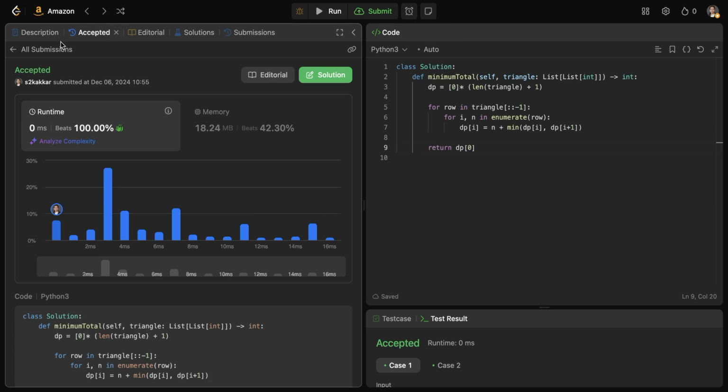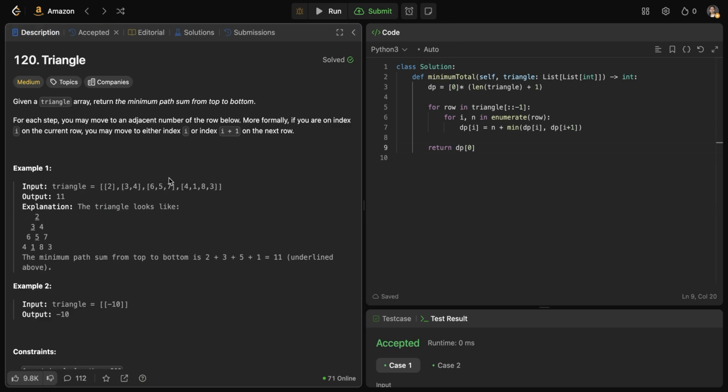Now, if you want to visualize what we did exactly, basically in this triangle, just presume it's not a 4-row triangle, it's a 5-row triangle, and the 5th row comprises 5 zeros. And those 5 zeros are your DP array. And we are updating that with the minimum path sum until that row every time. And then once we reach the top element, our output would be in dp[0], whatever the minimum path sum is. That's what we are doing here.